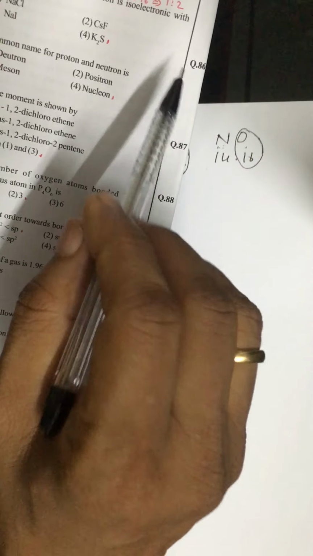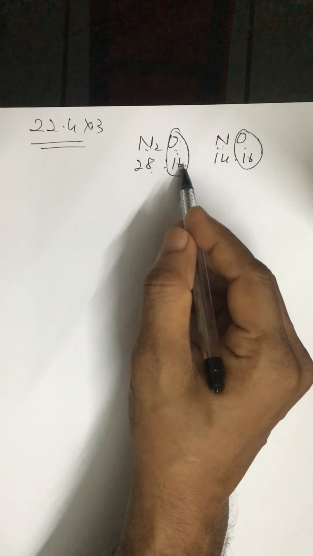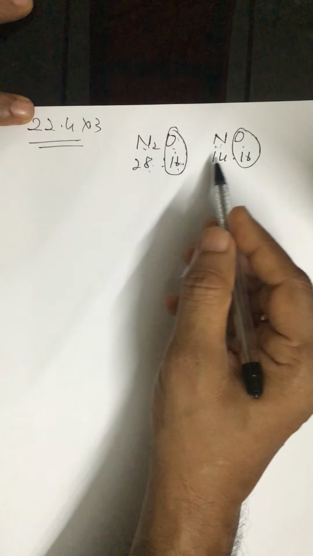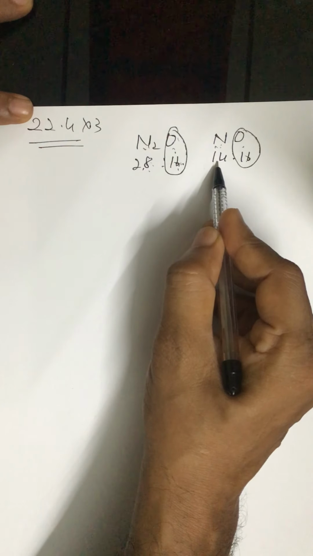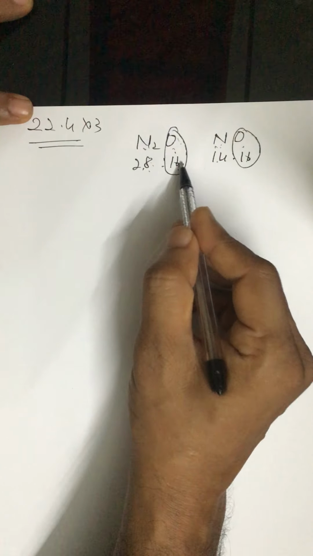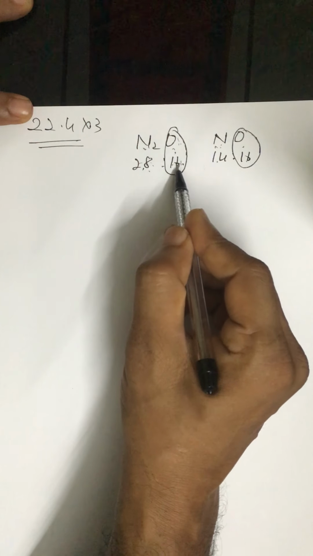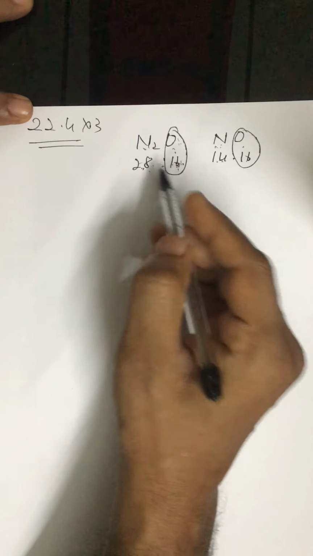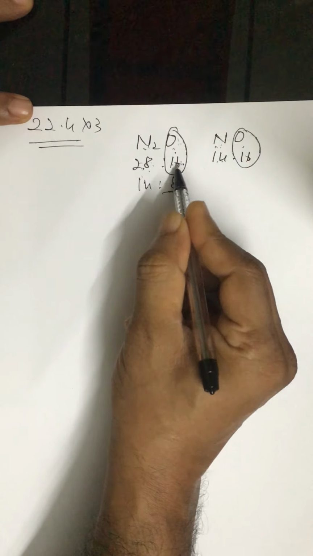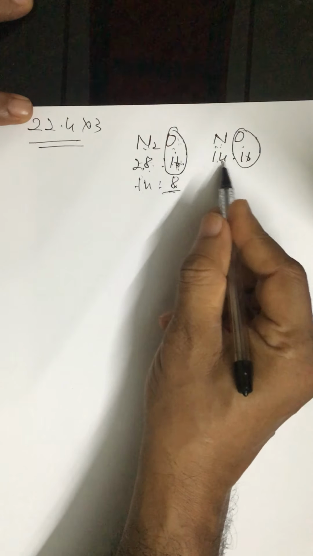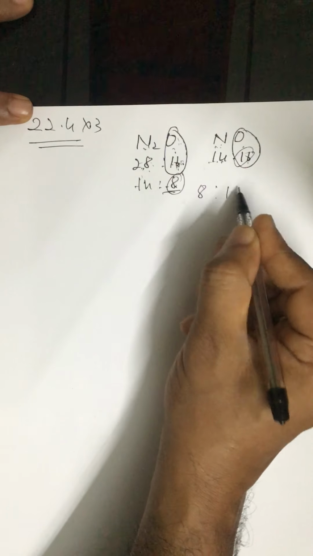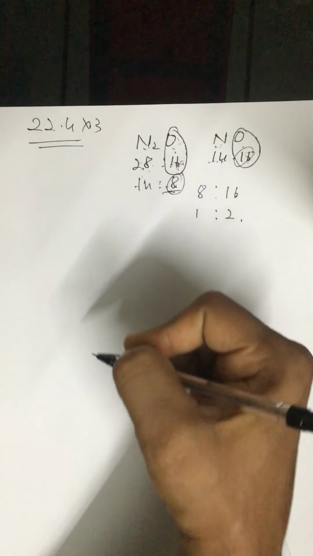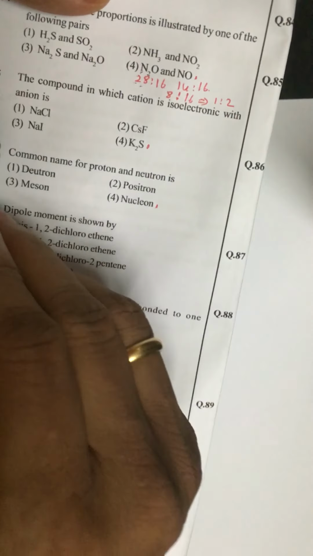14:16. So now, 16 grams combined with 28 grams, and 16 grams combined with 14 grams. If they combine with a fixed quantity, 16 grams combined with 28, then for 14 we will have 8. So 14:8 and 14:16, and now if you compare 8 and 16, it is 8:16 or 1:2. This is called law of multiple proportions. All right, 1:2 ratio.